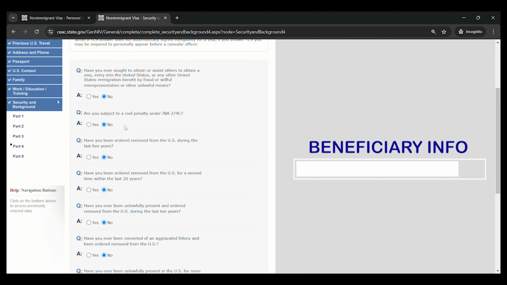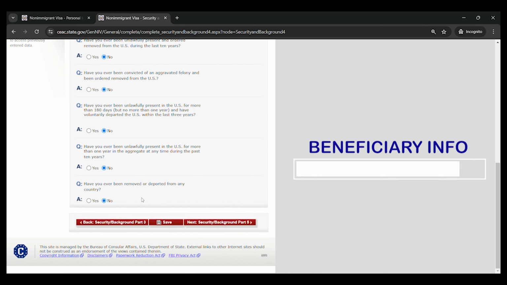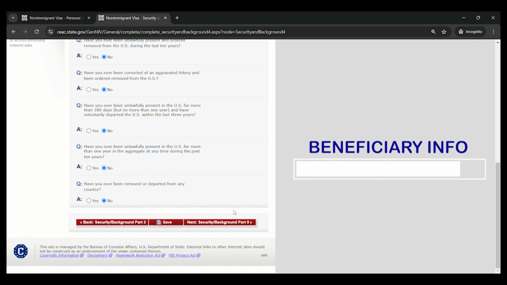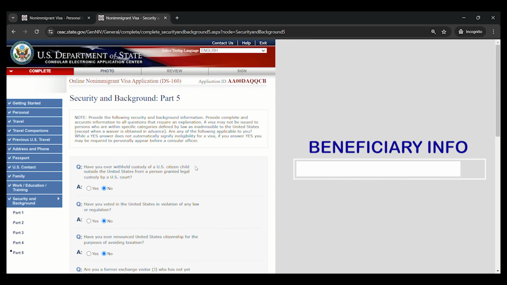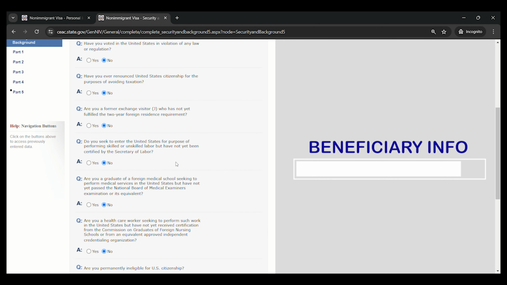Okay, again, this is a security and background checking questions. Read carefully, understand the question, and select the answer applicable to you. Click Save, Continue. Next is the part 5. Okay. Alright.